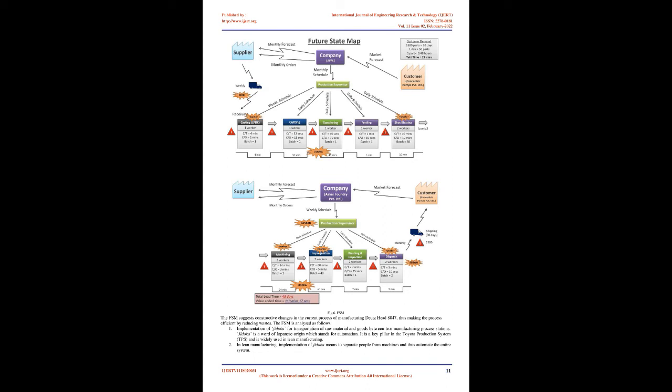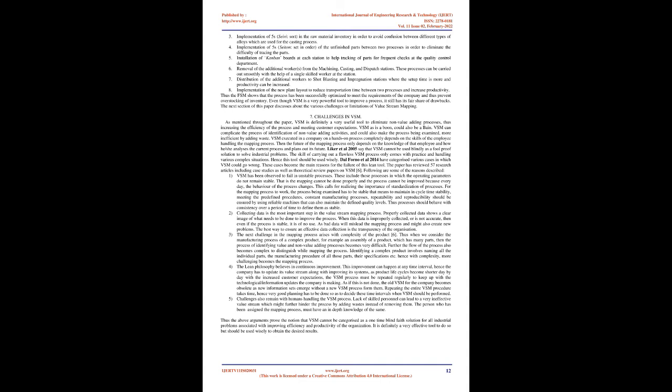These processes can be carried out smoothly with the help of a single skilled worker at the station. 7. Distribution of the additional workers to shot blasting and impregnation stations where the setup time is more and productivity can be increased. 8. Implementation of the new plant layout to reduce transportation time between two processes and increase productivity. Thus the FSM shows that the process has been successfully optimized to meet the requirements of the company and thus prevent overstocking of inventory. Even though VSM is a very powerful tool to improve a process, it still has its fair share of drawbacks. The next section of this paper discusses the various challenges or limitations of value stream